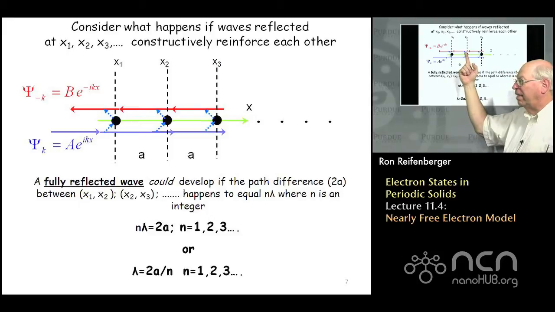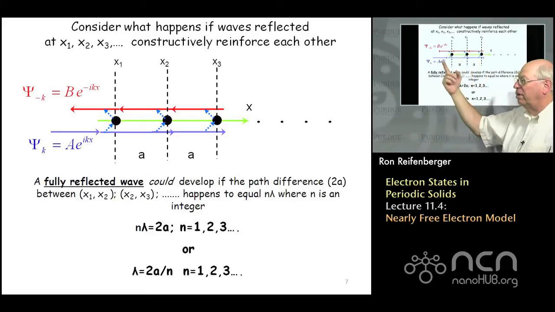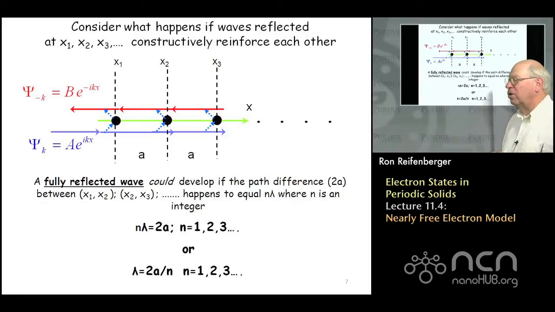And that reflected electron wave is going to be represented by the red wave function here, psi of minus k. And what we're asking is, is it possible that this blue state is totally reflected to form the red state? What are the conditions for this fully reflected